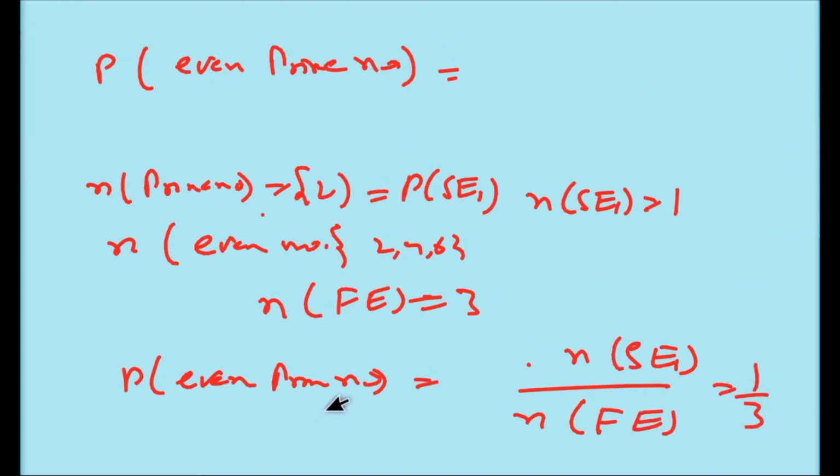It is a conditional probability. First we get the even number, then the prime number. So it is the condition that the first event is occurring, then the second event is occurring. So we can write it this way also: the second event will occur if the first event has occurred. So here we have got the probability 1/3.